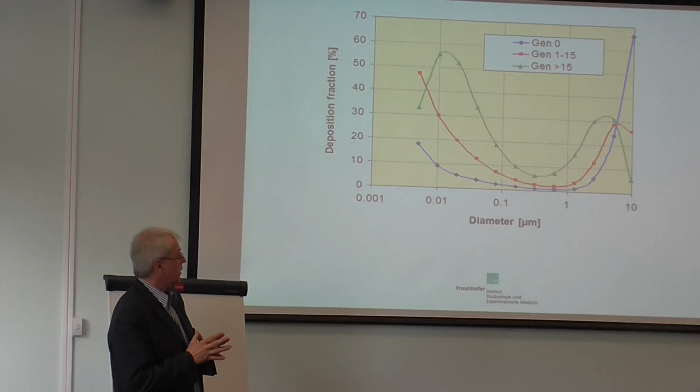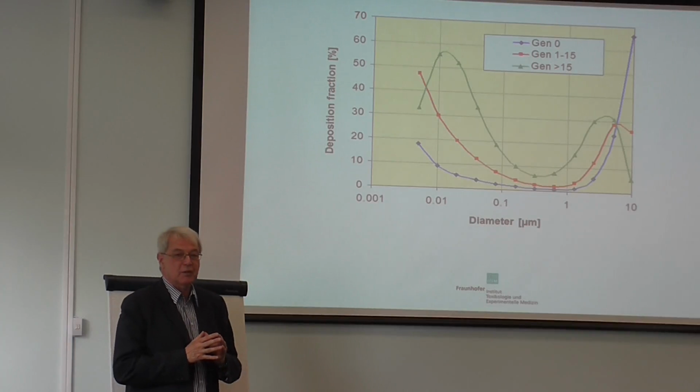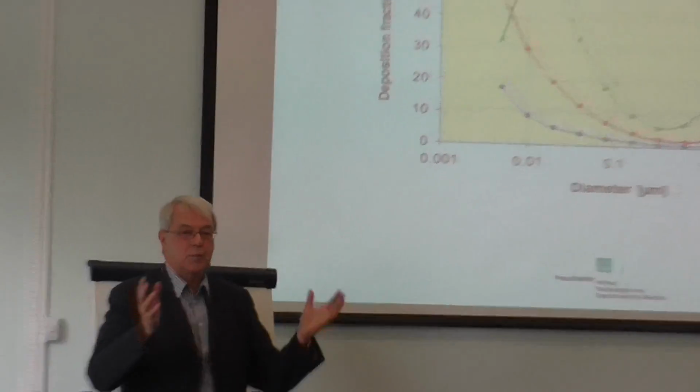So, some practical examples. A cigarette smoke, as I already mentioned, these particles have diameters of about, let's say, 0.3 to 0.5 micrometers. And as you can see, they are fortunately in the gap where you do have only little deposition. This is good for the smokers. Otherwise, the material burden of the lung would be much higher. So only about 20% of the inhaled cigarette smoke is deposited and the rest is exhaled again.